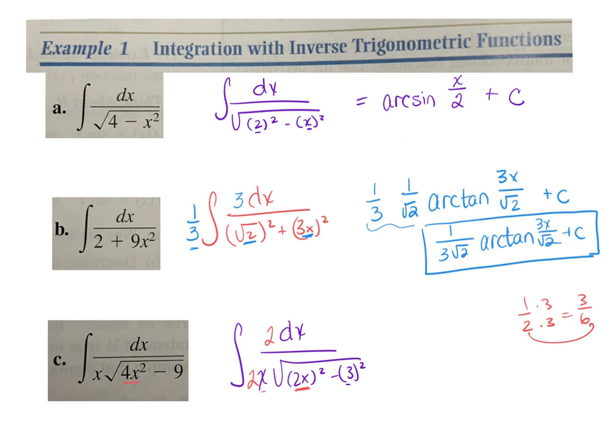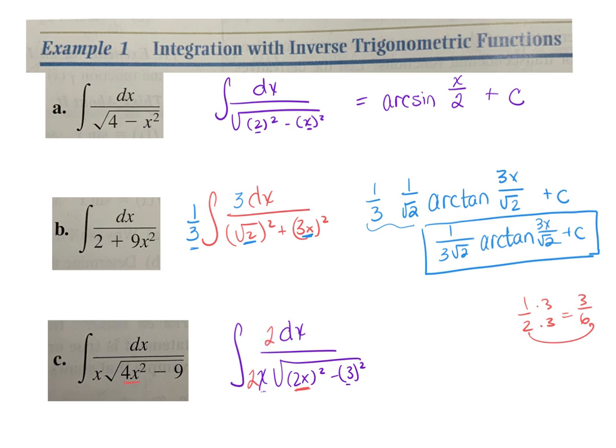That actually does 2 things for me. If I multiply top and bottom by 2, not only does it take care of this guy right here, because this has to be the same function as that, but it also takes care of the derivative of that, which is 2. That's why it has to be 2, because it has to be the same function. It has to be the same here and here. Gotcha. Right? So I can multiply top and bottom by 2, which actually takes care of my derivative,